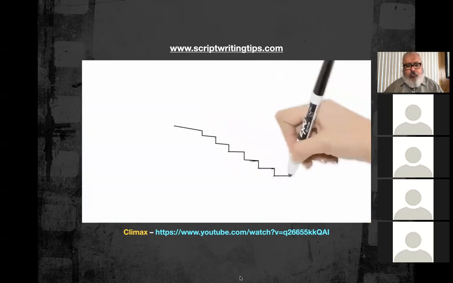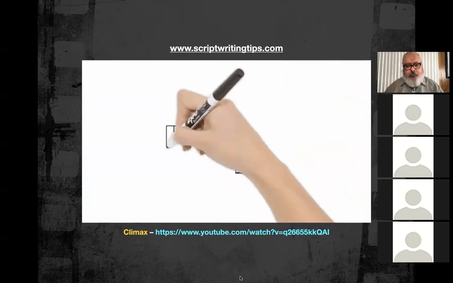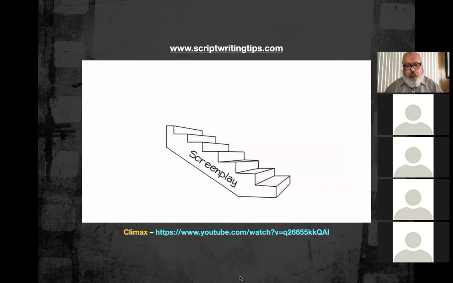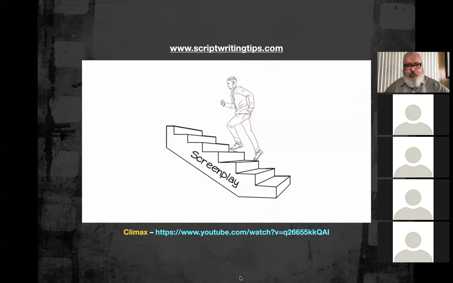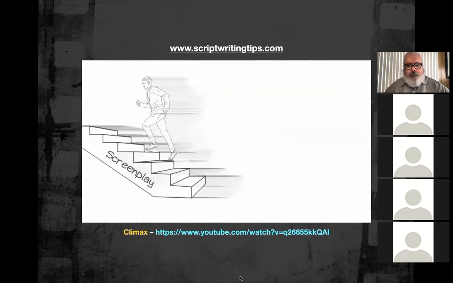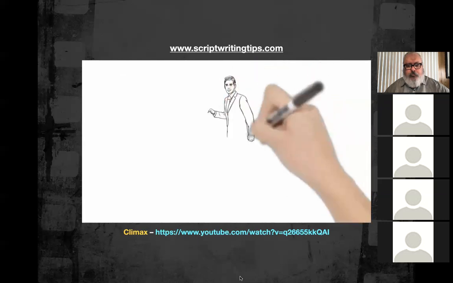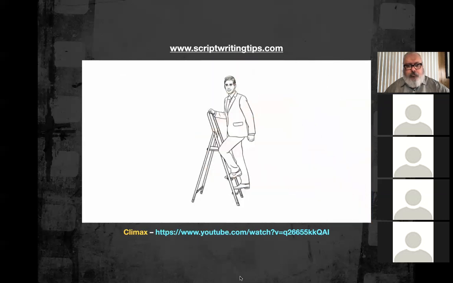So think of your screenplay as a ladder or staircase that your protagonists are trying to climb step by step. Sometimes they might slip back a step or two, but they're always coming back and continue climbing until they reach the top, the highest point of the ladder.